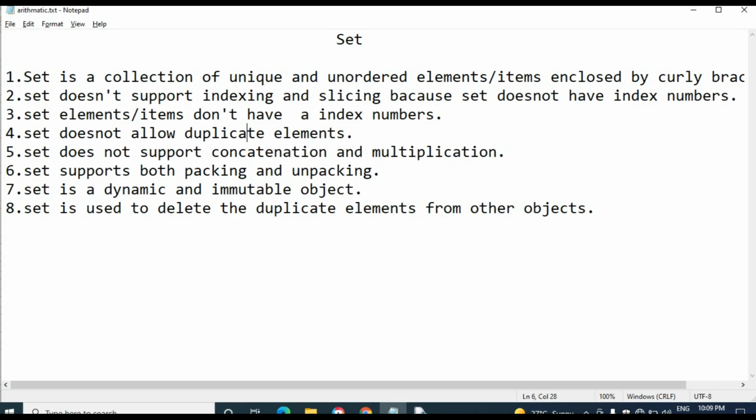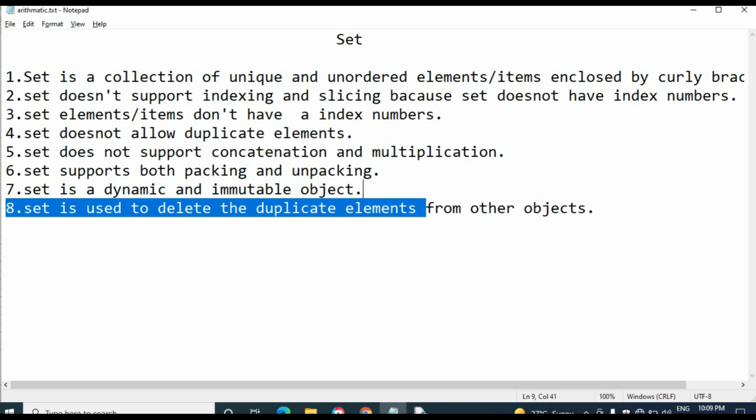And a set is a dynamic and immutable object. That means we can't change the elements after it's created. So the set is an immutable object, like the string. String is also an immutable object. Set is also an immutable, dynamic object.